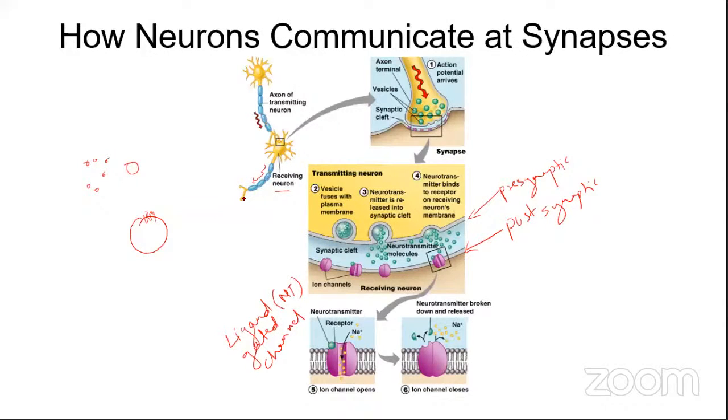Yes, sir. So do you want this process to be a continuous process, or do you want it to cease or stop somewhere? So it should stop. Right. So how will you control that? So there must be something which is controlling, obviously, or which is closing the ion channel.